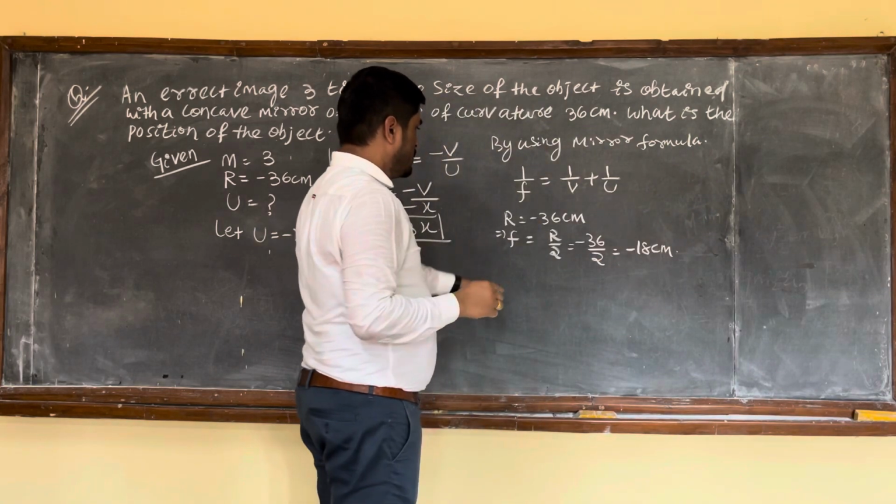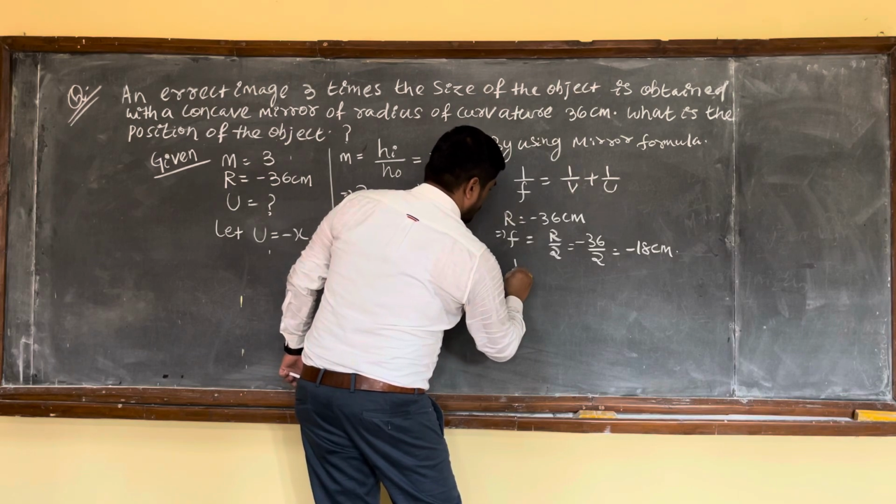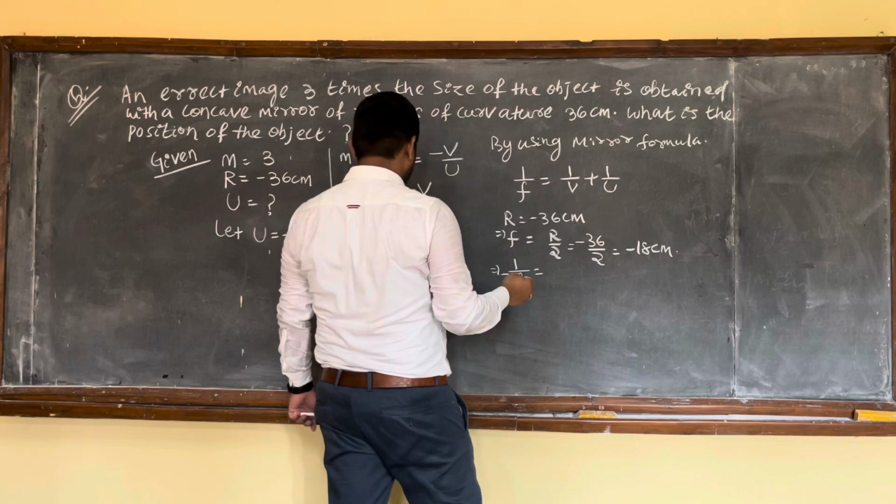So you have to use this value here, so that implies 1 divided by minus 18 will be equal to